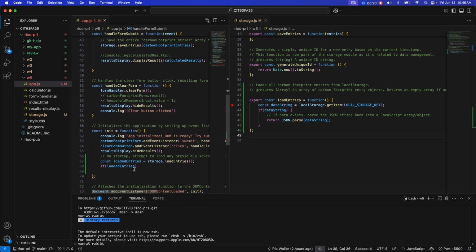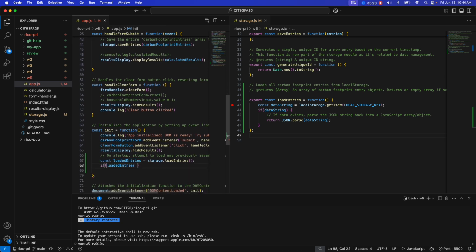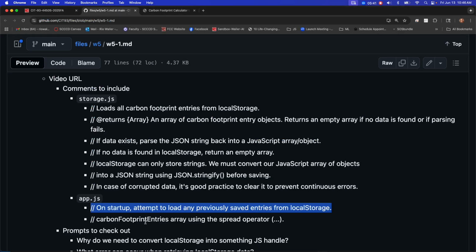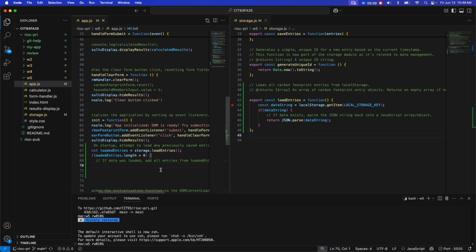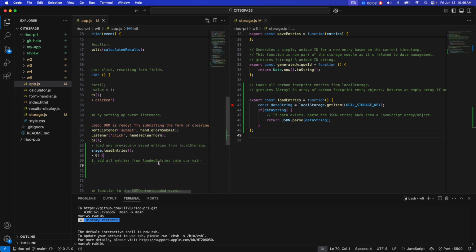So in this case, we can say if that array dot length. And we've seen dot length because it looks at how many objects are in there. If it's greater than 0, meaning, is there something in there? And let me put this in here. I'll make sure I've put it inside the content later so you can see it. So in this case, if data is loaded, all entries from